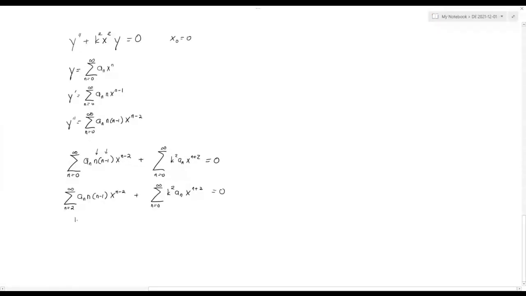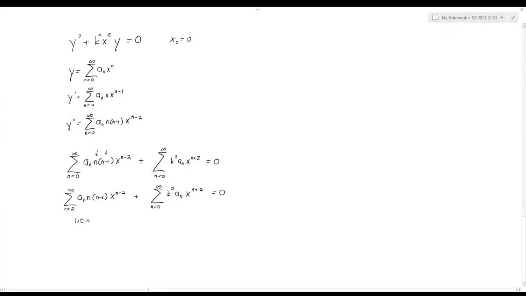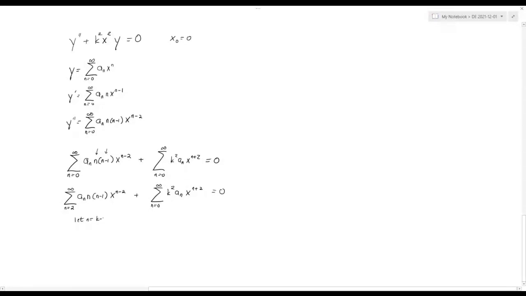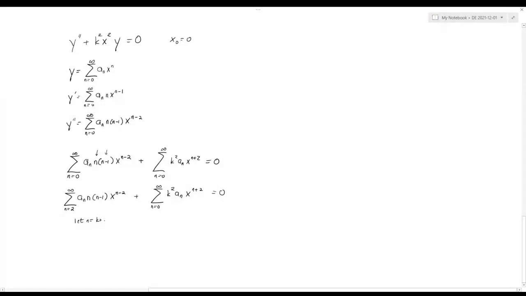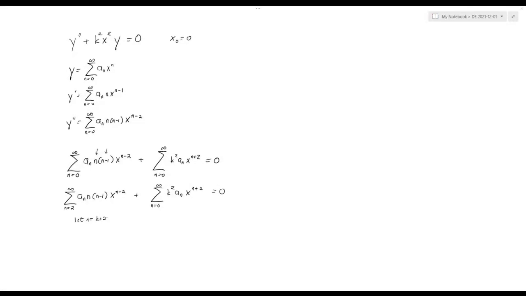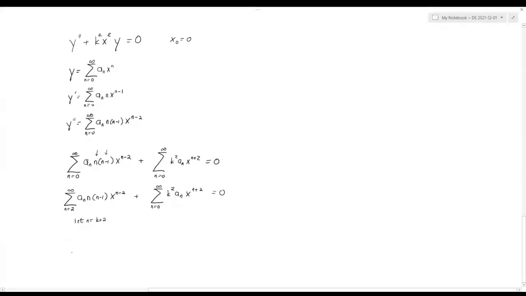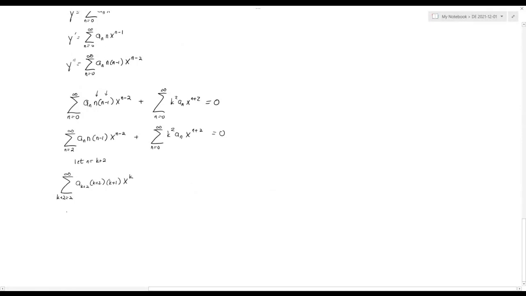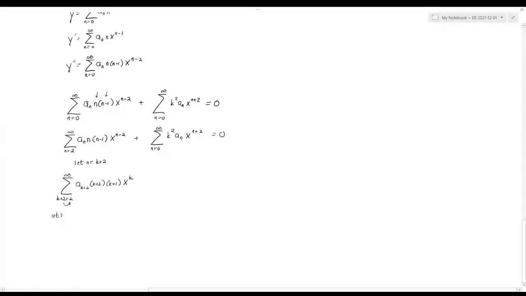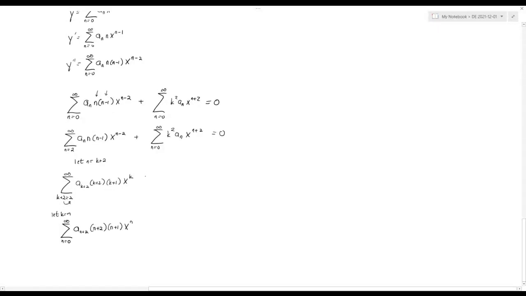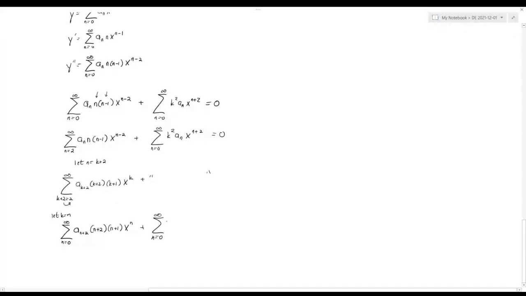So the first term, we're going to let n equal k minus 2, k plus 2 rather. So we're shifting the index. And of course, if you subtract that over, and we're going to let k equal n again. But we still have a mismatch, right? So what we might have to do